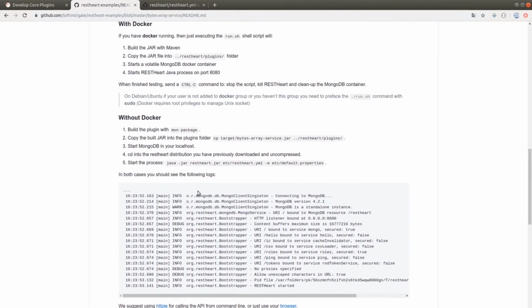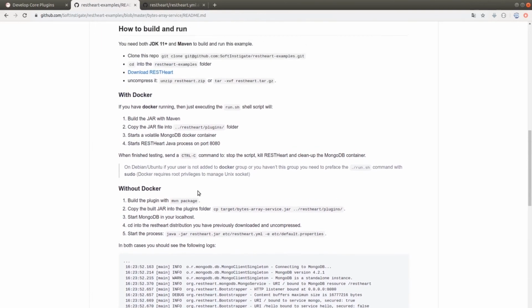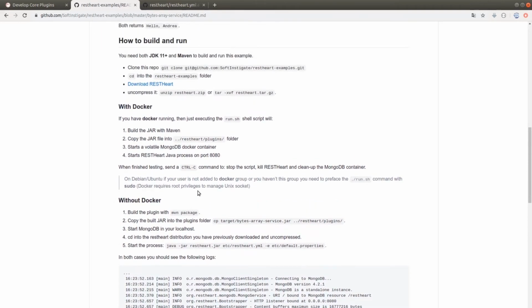Of course, this method requires executing several operations manually. As an alternative, it is possible to automate the process by executing the run.sh command. This is a shell script that we are going to see directly on GitHub and which performs a number of operations automatically. This means that it compiles the code through Maven and generates the jar file. Then, it pastes this file inside restart/plugins.